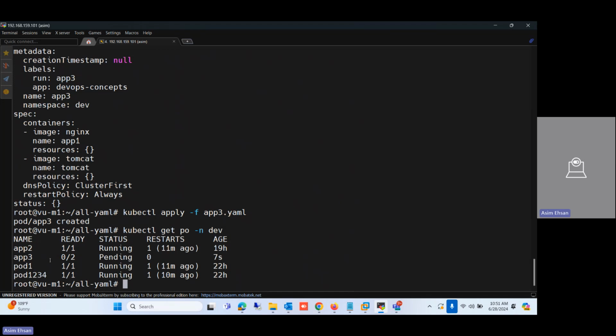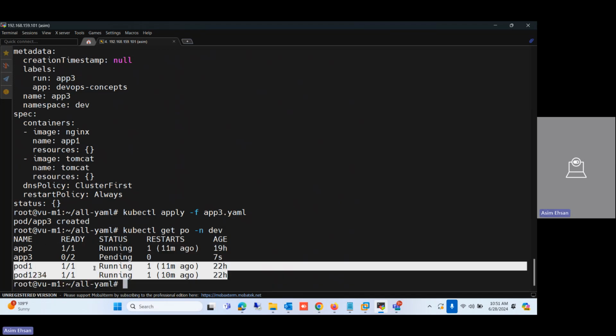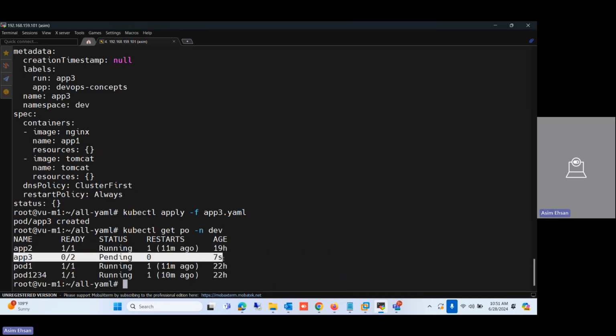So in the dev, you can see the app3. These were already running. You will see that this is in the pending state. And why is this in the pending state? If I look into the